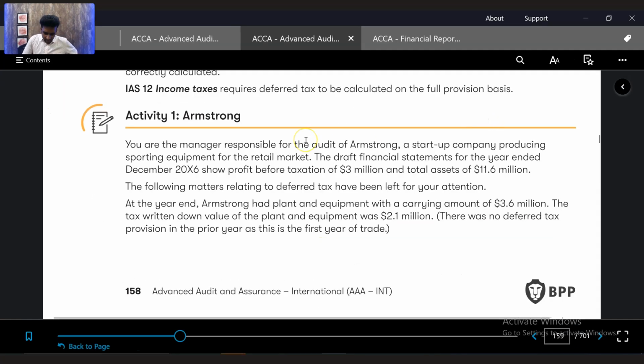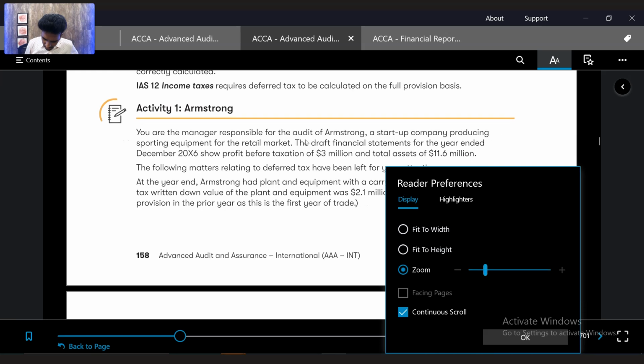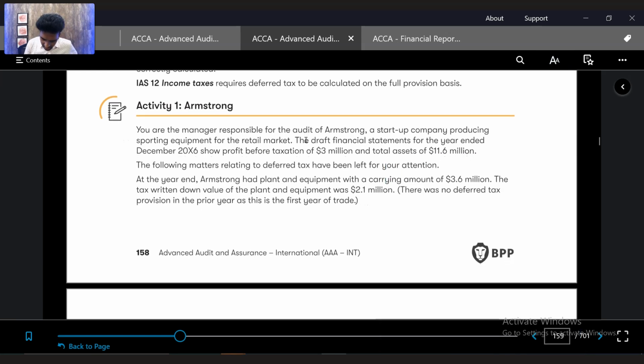So let's look at this question, activity number 1, Armstrong. So you are the audit manager responsible for audit of Armstrong, a startup company that is producing sporting equipment for retail market. The draft financial statement for the year ended 31st December X6 showed a profit before taxation of 3 million and a total assets of